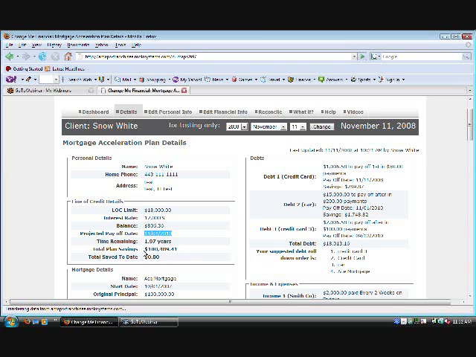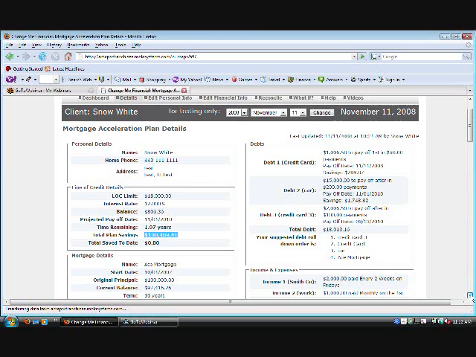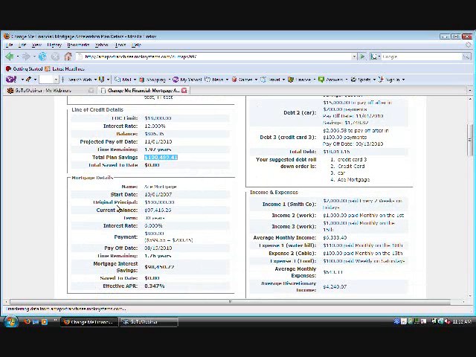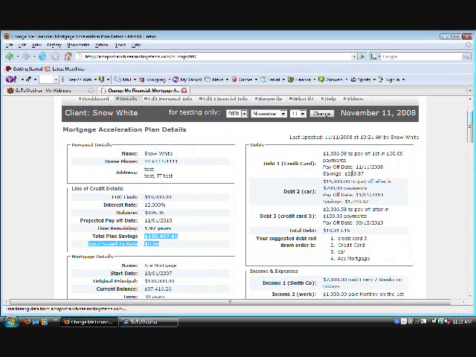Okay, here's the total plan savings. Now, total plan savings is, obviously, it should be more than the mortgage. It's not going to be much more, but it will be more. So total plan savings is, here's our mortgage savings of $98,000. Our total plan savings is just over $100,000. And where it's coming up with the total savings is all of your debts, all the savings that you're going to have from them as well. So that will be added into it here. So you can see the debt savings on this one, on this car. It's going to be $1,700 saved there,